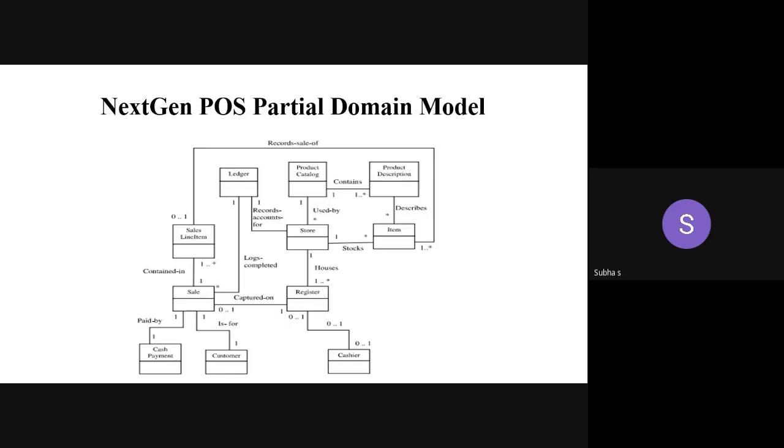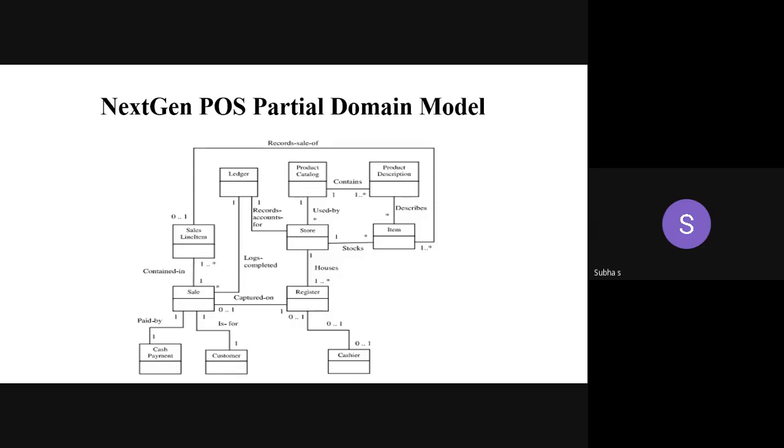Why is it partial? It is a domain model. Domain model means the visual representation of the conceptual classes. I mentioned only the class name, but by that name itself we are identifying something related to that class. If I am mentioning a class as student, what can we do? We can guess that the student has roll number, name, marks, and we are going to calculate the CGPA. Like that, we are just narrating something from it. So that is the partial domain model.